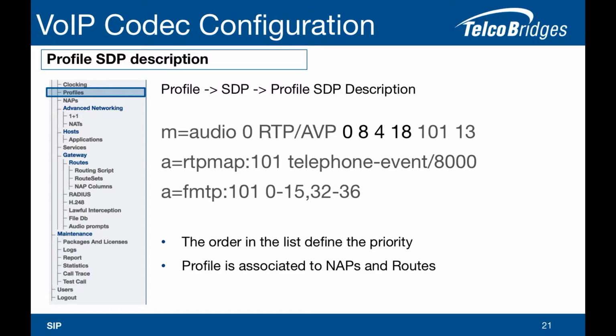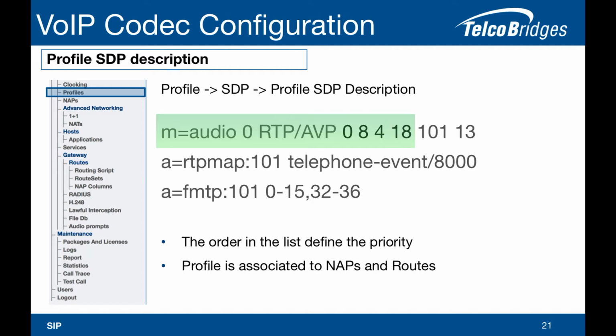So as we saw in the previous call flow, T-Media uses profiles to define the codecs to be used for the SIP offer/answer negotiation. In the web portal, from the Profiles left menu, you get the list of profiles defined in the system. If you edit a profile or create a new profile, you will find the SDP section which defines the codecs with SDP description. The default profile's SDP defines the media line with G.711 μ-law, G.711 A-law,